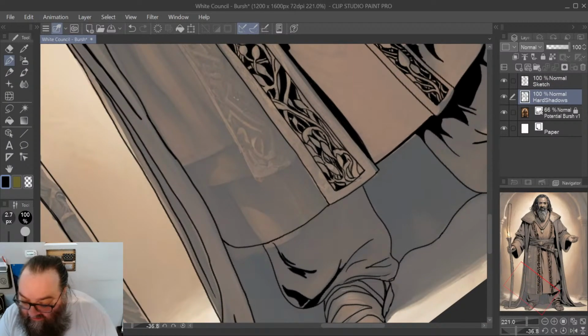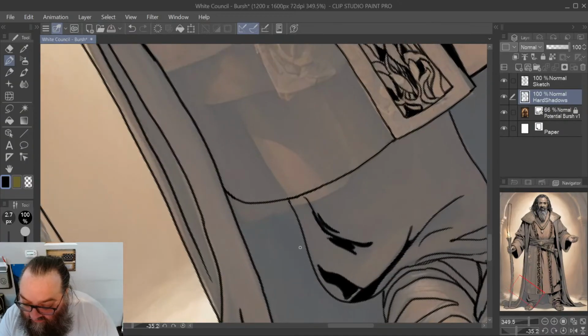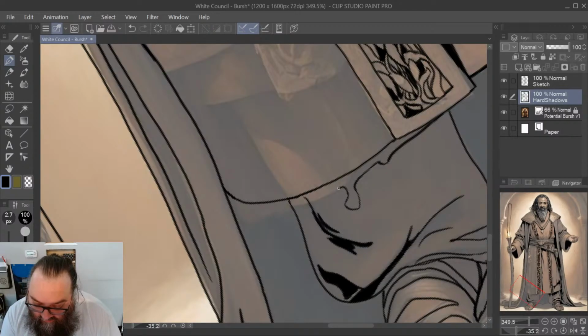I do feel like I've established over here that his frock is casting a shadow. And so I want to continue that to some degree. So I will.